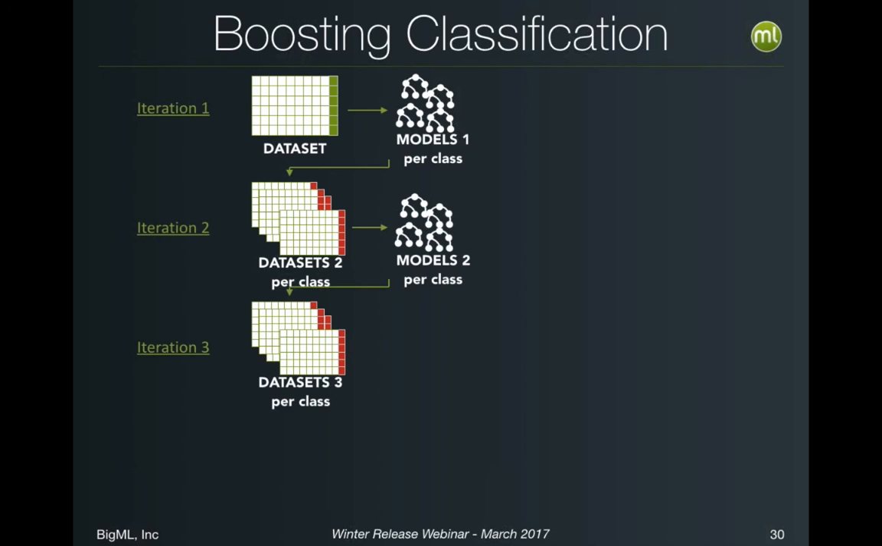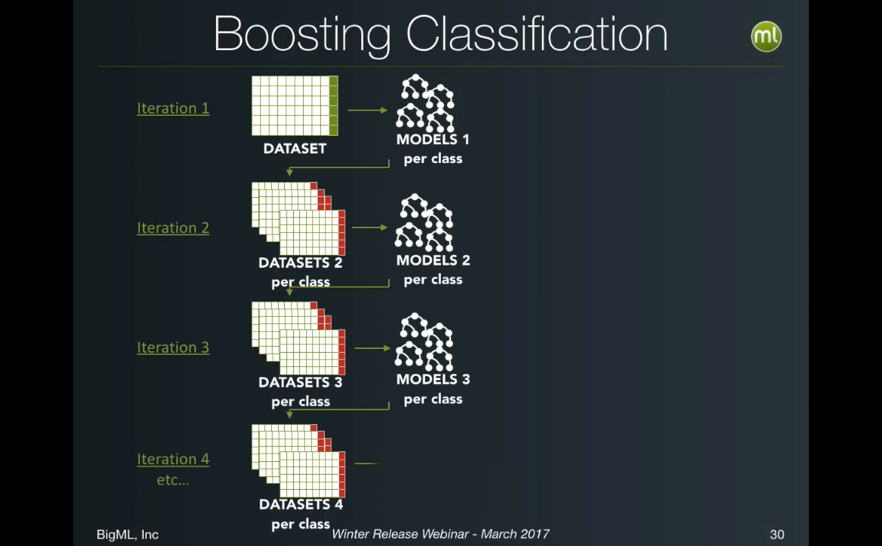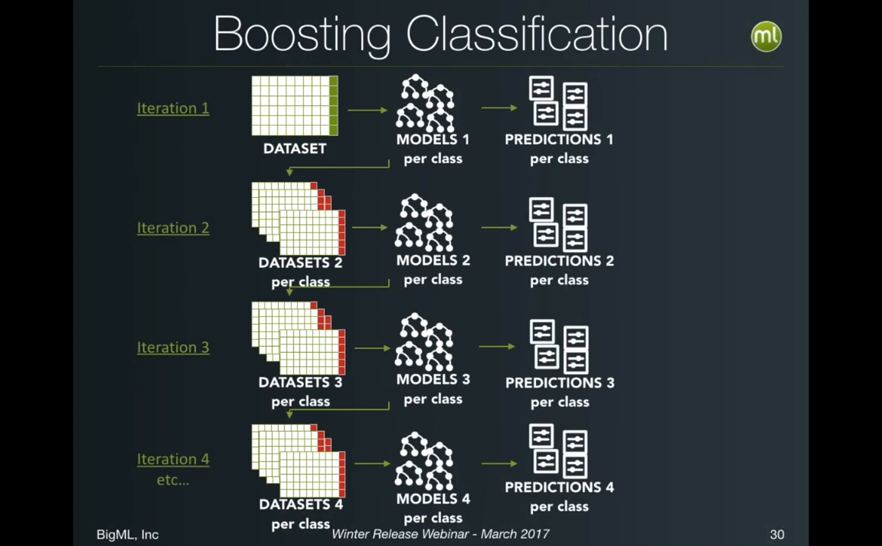We build a new set of datasets that have the error for models 2, a new set of models, a new set of errors, a new set of models, etc. So the only thing that's changing is that we have to model this per class. All right, now prediction time, of course, we're going to get a whole big family of predictions, but otherwise it